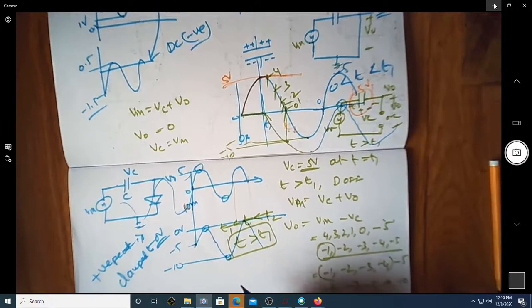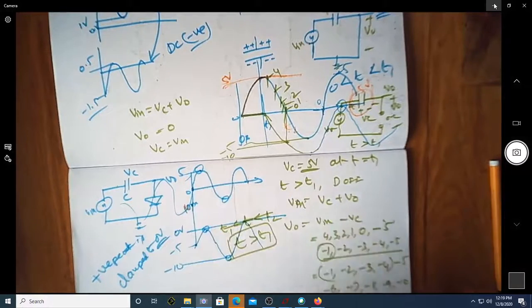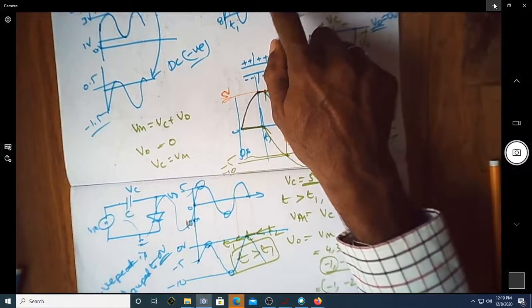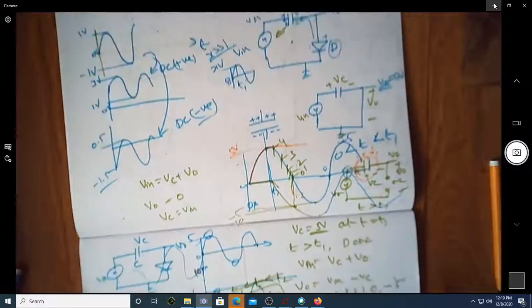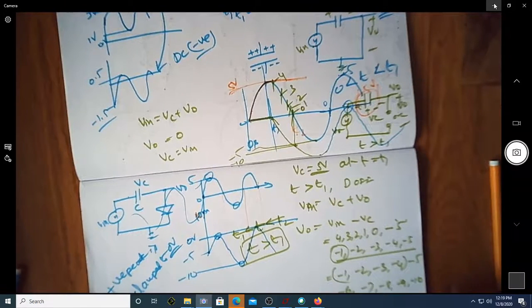0 volt. You can see now this has been tied to 0 volt. So this way we can find out how a circuit of this nature, that is a capacitor and a diode, will clamp the waveform to any required level. Of course, we have not yet seen it for any required level.